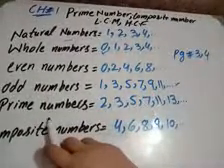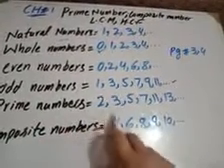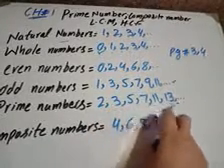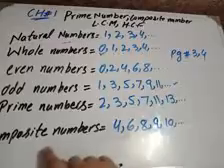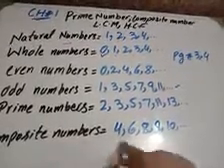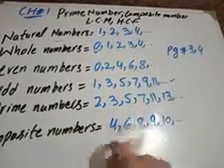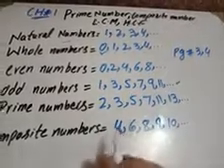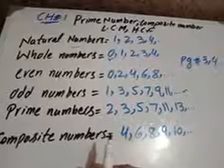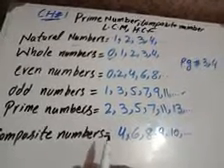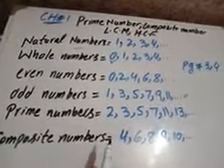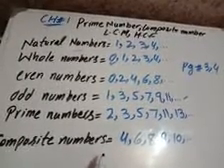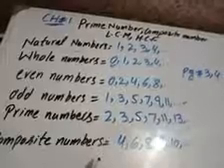The prime numbers have only two different factors. So all the numbers 2, 3, 5, 7, 11 and 13 have only two different factors. Composite numbers are the numbers which have more than two factors, so 4, 6, 8, 9, 10 and so on have more than two different factors, or at least three different factors. I hope you well understand the numbers. Now let's move toward the exercise 1A.